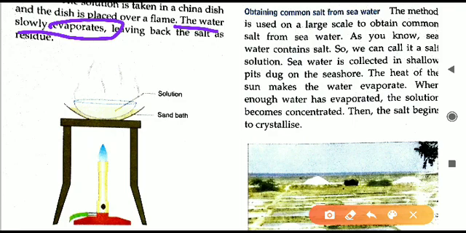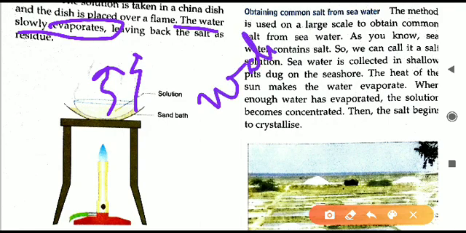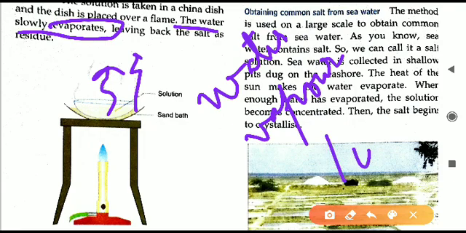That means water will start moving upwards in the form of what? In the form of vapor. That is, water converts into water vapor and it moves into the air. It has left into the air because of heating, because 100 degrees Celsius is the boiling point of water. At this temperature, the water from the liquid will change into gaseous form, that is vapor form.